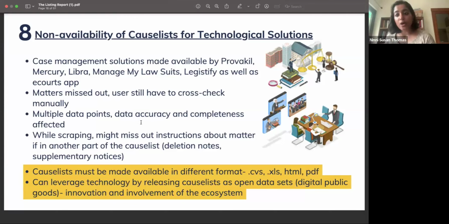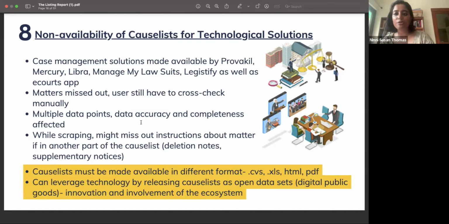The last one is the non-availability of cause lists for technological solutions. As I mentioned, the formats in which cause lists are usually made available are PDF or some in HTML. I think there are only 2 high courts that make them available in Excel format. Our suggestion is to make it available in .csv, as we've spoken to people working in Provokil and Legistify, who also said that their work would be made much easier if it was made available in more accessible formats like CSV,